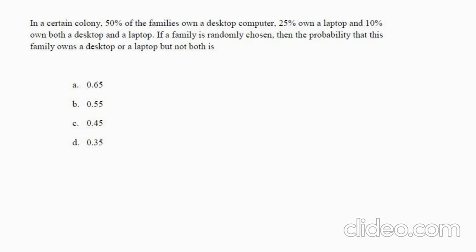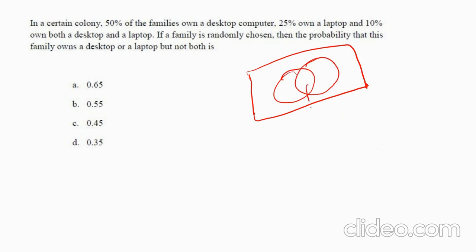Next, we have a question: in a certain colony, 50% of the families own a desktop computer, 25% a laptop, and 10% both desktop and laptop. So I told you in the last class, whenever we have a question like this, we use the Venn diagram to solve this. So here this one is 10, this whole is 50, let's say, and this whole will be